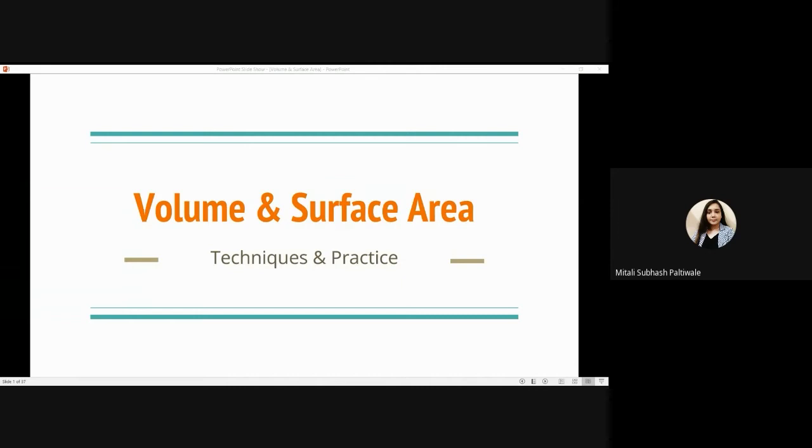So what are 2D shapes? What are 3D shapes? What all will we be calling 3D shapes or 2D shapes? We will be discussing everything about it. We'll discuss different figures and objects that come up with volume and surface area, and even some problems or a few questions on the basis of the formulas we are going to see, and we will also do some practice. So let's get started.